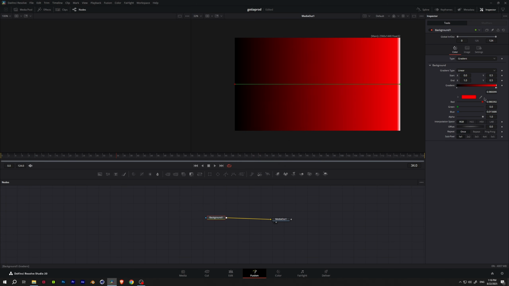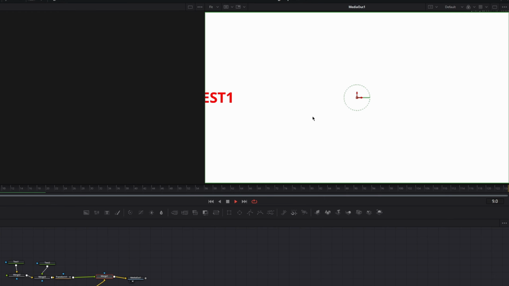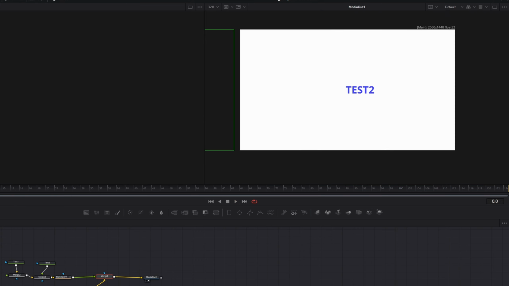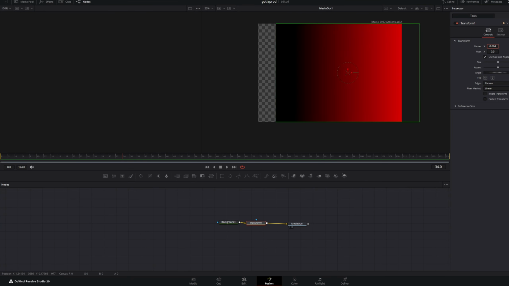Here's the issue. You create a beautiful background in Fusion, but the moment you try to move around it, maybe you want to move from one area to create some motion graphics, then move to another area for different elements, the background node can't be adjusted without changing your entire Fusion composition.